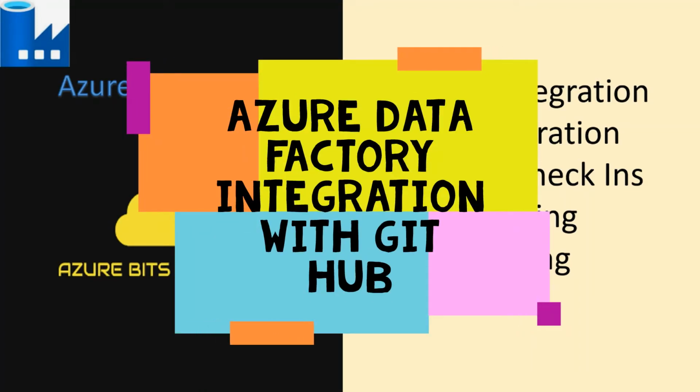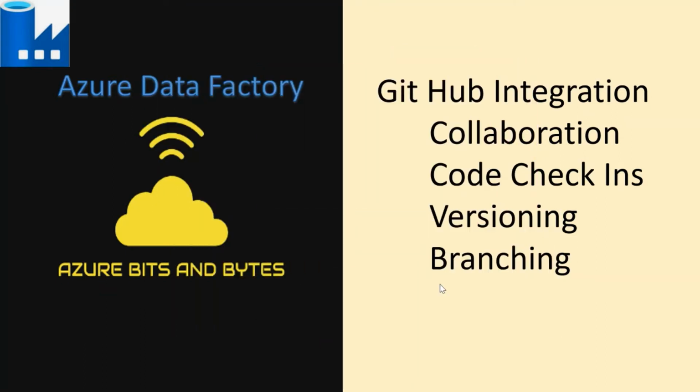So today let's understand how we can integrate Azure Data Factory with GitHub source control. When multiple people work in a project, you want the development to happen in a collaborative manner. So the GitHub tool will help you collaborate on the entire Azure Data Factory. At the same time, we can perform a lot of code check-ins and the history is maintained. And yes, versioning is maintained due to check-ins. And then at any point of time, you can go back in time and restore a version.